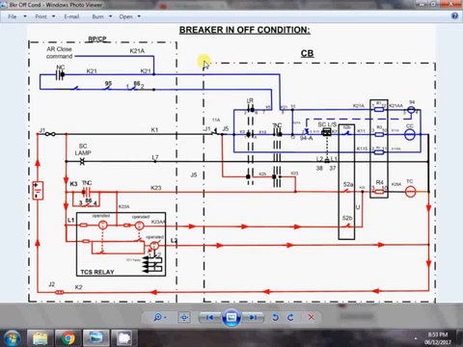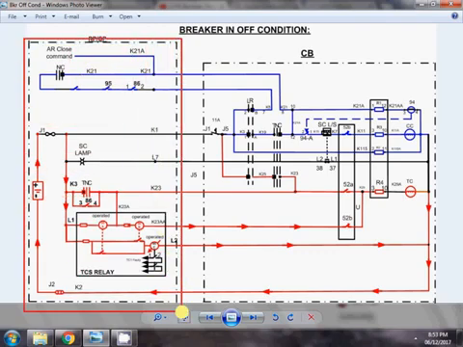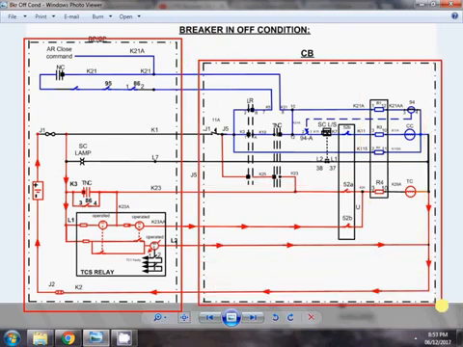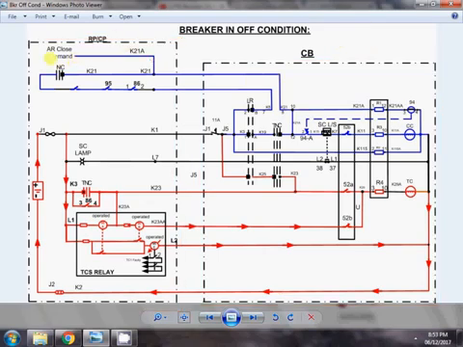Control circuit when the breaker is in the off condition. Okay, for that, in this diagram you will see that this box here shows the relay panel or the control panel, and this box here shows the circuit breaker diagram. For the example here we have used a 22 kV CGL circuit breaker. This blue color circuit shows the closing circuit, and this red color circuit shows the tripping